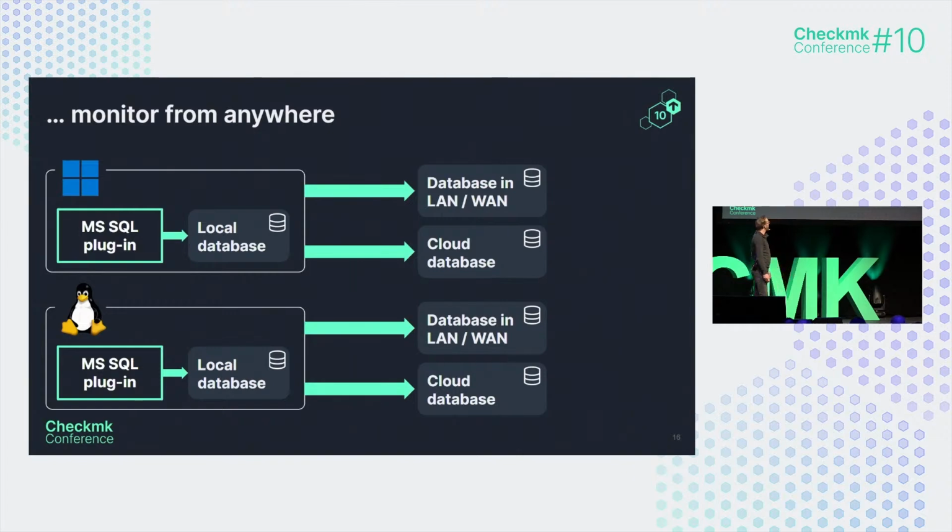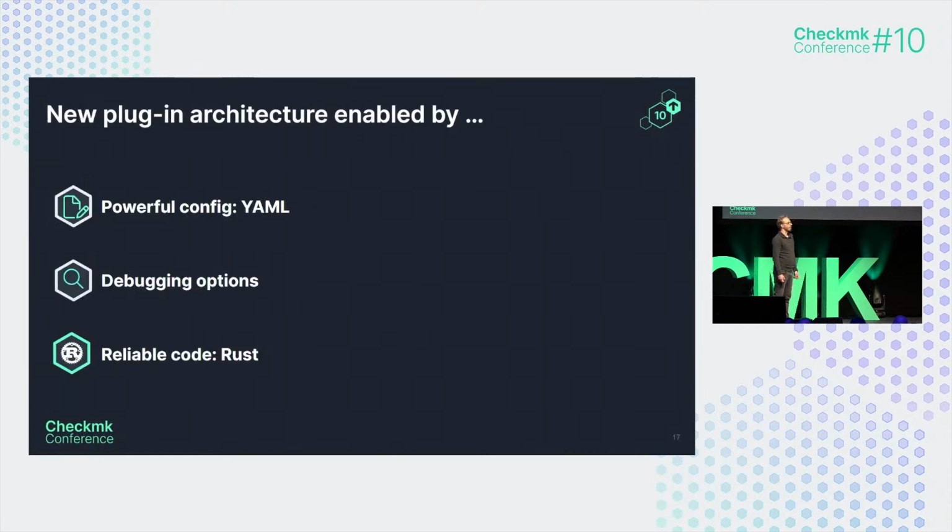To accomplish all this, we needed to completely rework the used stack, still using technologies that are already established in Checkmk. And for that, we chose the known YAML as a language for configurations. We added long-needed debugging options, and we implemented the plugin completely in Rust. But more in detail,